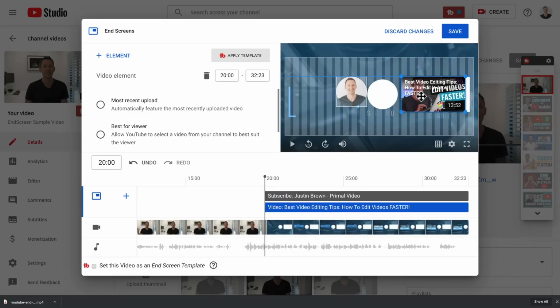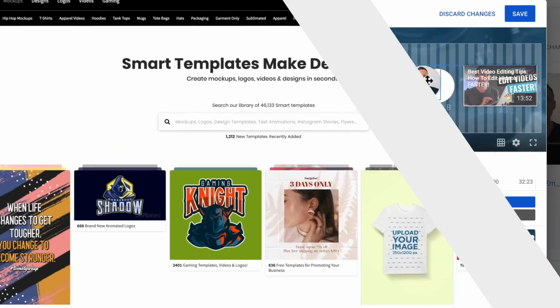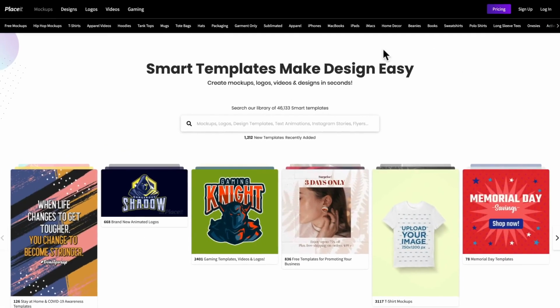But it is important to know the different sizes and positioning that you've got access to when you are creating your end screen or end card, to make sure that you're building it or getting the template to match what you're after. Okay, so now creating your end screen template,